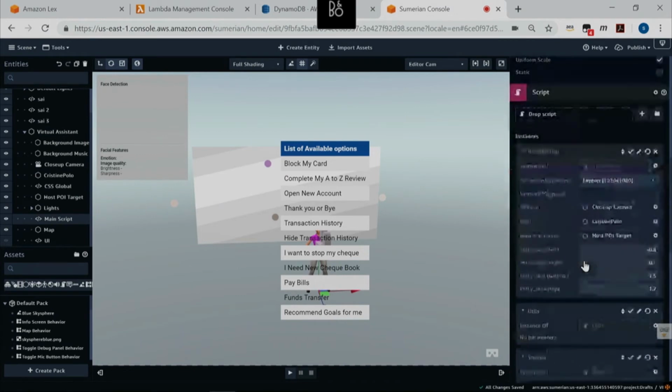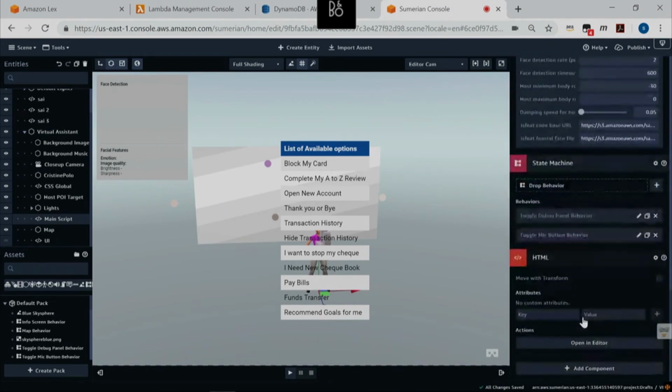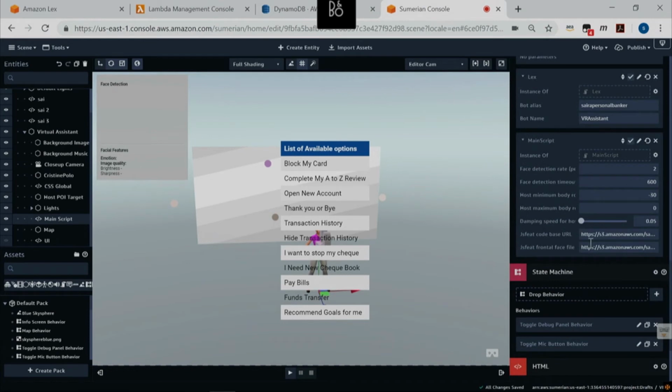So you can see that JS feet and JS frontal face, these are the JavaScript files, that is WebRTC, to capture the stream that is connecting to your web camera.